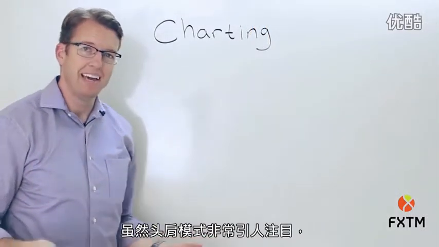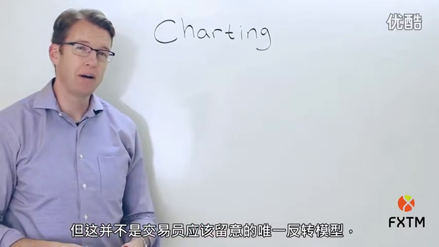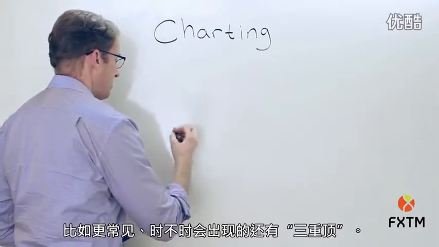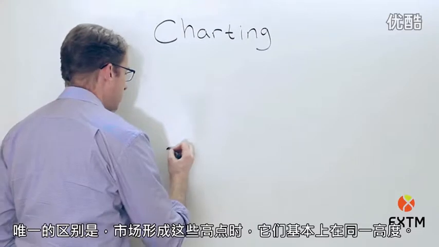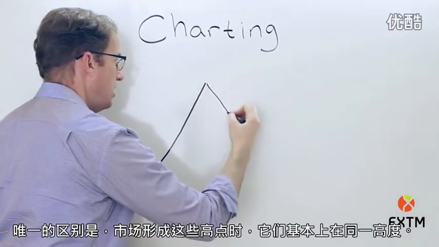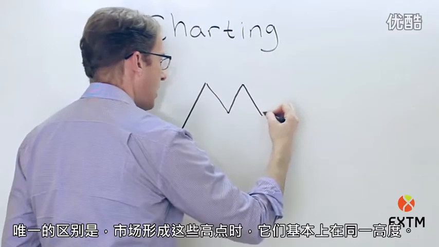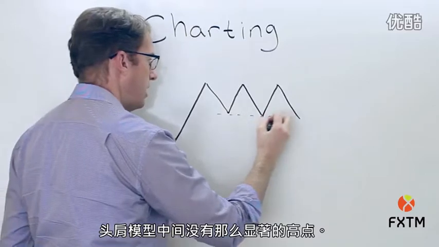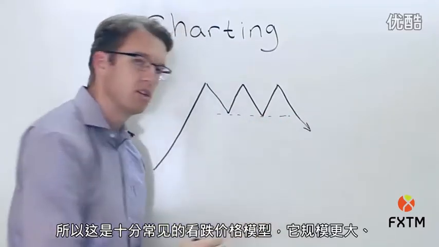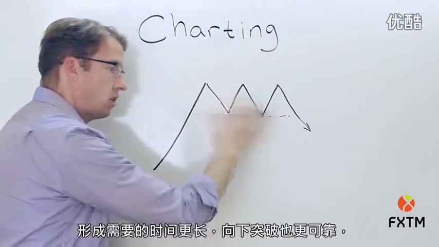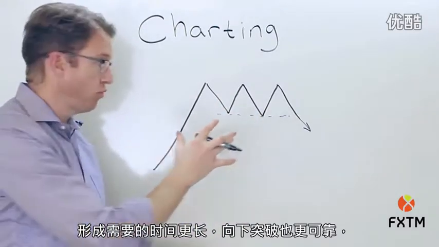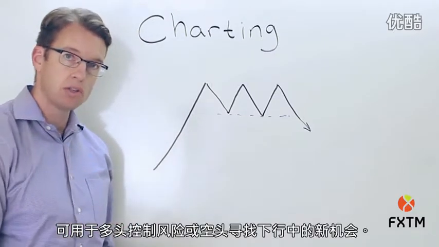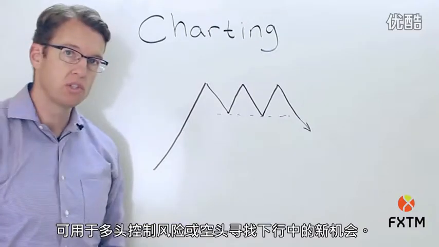Although it's very dramatic, a head and shoulders pattern is not the only reversal pattern that traders should be paying attention to. For example, a more common one that will appear from time to time is just a triple top. The only difference being that as the market forms those highs, they are roughly at the same height. So we don't have that prominent peak in the middle as we do in a head and shoulders pattern. So that's a very common one, a very bearish price pattern. Again, the larger and the longer it's taken to form, generally the more reliable that breakout is to the downside, either as a trigger for longs to control their risk or potentially for shorts to look for a new opportunity